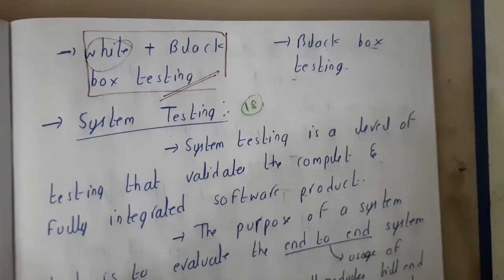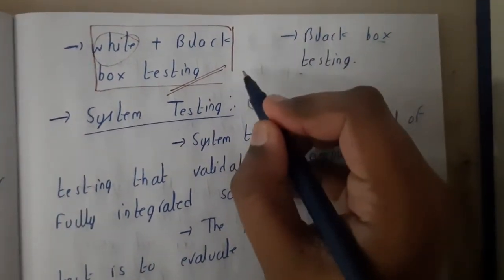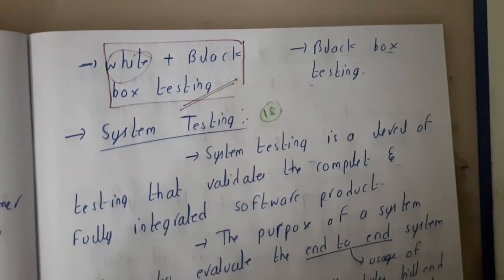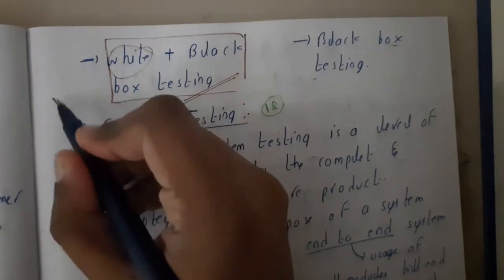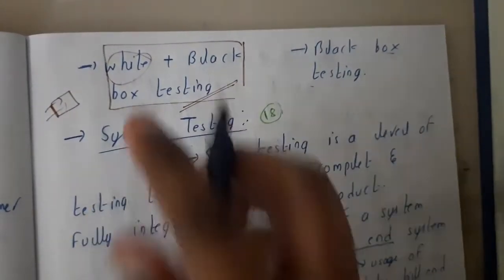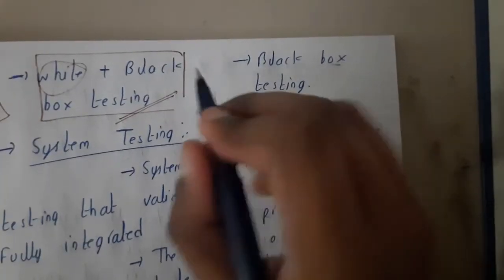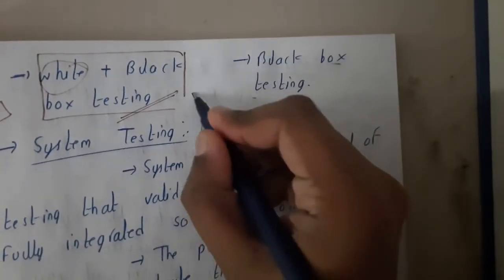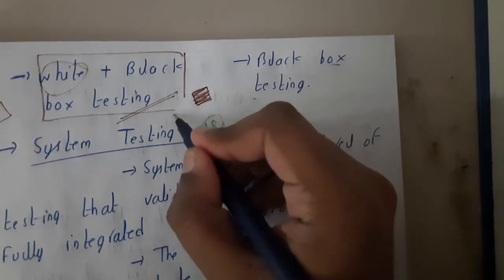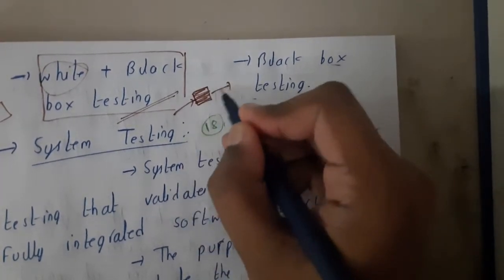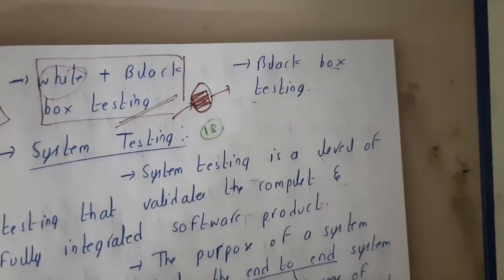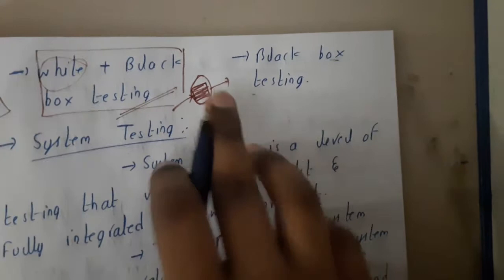Okay, so in simple words, if you ask me, what is white, guys? What is the white color, if you ask? If you paint a glass, what is glass, guys? Glass is nothing but transparent, right? So I'll first go through the black box. Assume this is a black box, guys. You are not able to see what is inside it. If you give some input, it will give the output. That's it. You don't know what the internal structures, the implementation, the code are, you don't know anything. That is nothing but a black box.